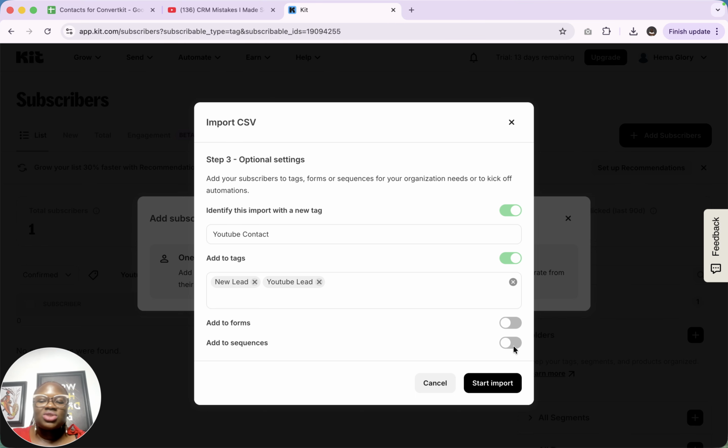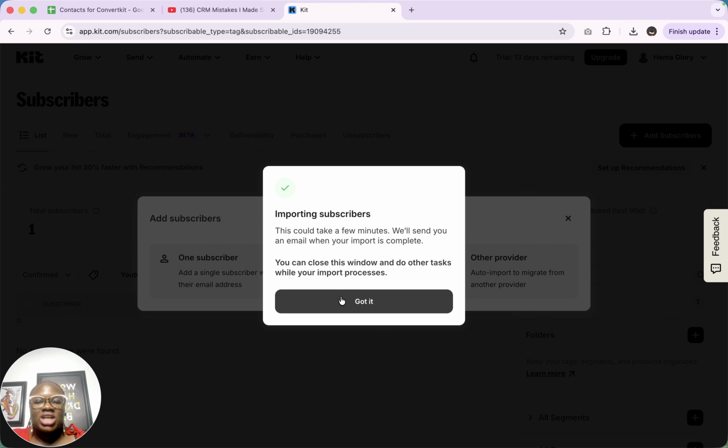So when you click on add to sequence, you are saying that all of these contacts are going to start whatever sequence you've created, and that series of emails is going to be sent to them. When you are done, you click on start import, and that is going to start your import. You can see here where it tells you that your import is going to be done in a few minutes, and you can close this tab